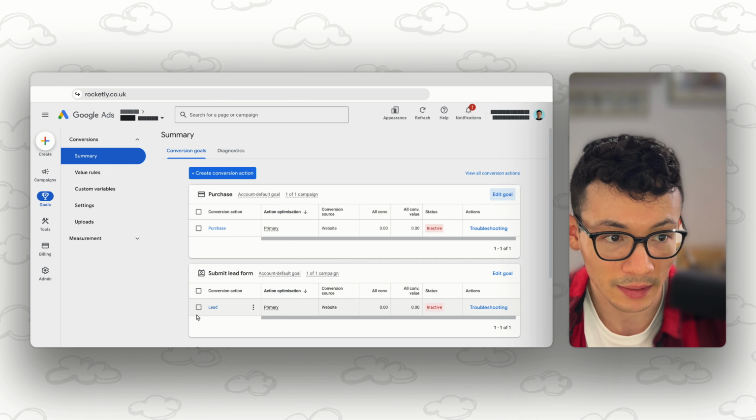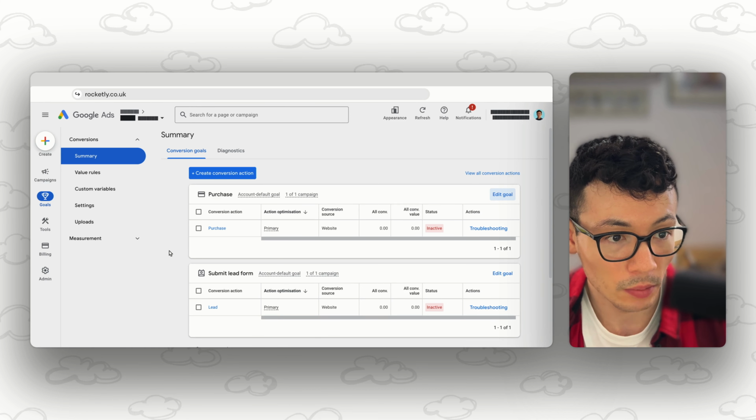Now you don't want to mix these two signals because they are both very different from each other. You might have a campaign that's specifically set up to push for more e-commerce purchases from people actively shopping. And then you might also have another campaign that's specifically looking for actual businesses to get lead form submissions. So they both have different goals and you don't want the conversions to be overlapping with each other.